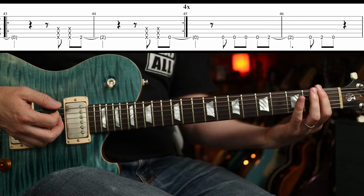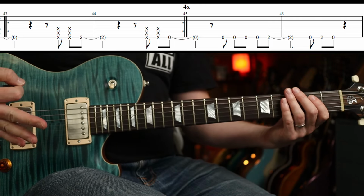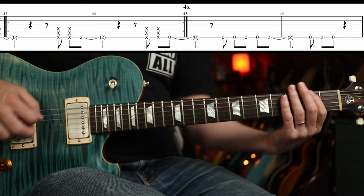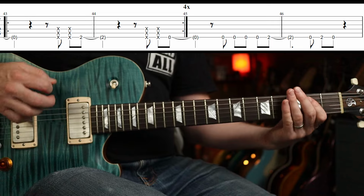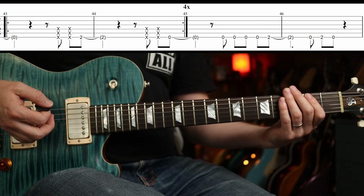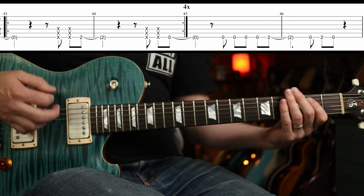And alternating between the open string and the second fret. And then it comes out of that after 4 times. I'll play the 4th time. So it's 2, 3, 2, 3. Little turnaround, right? So you just go into that